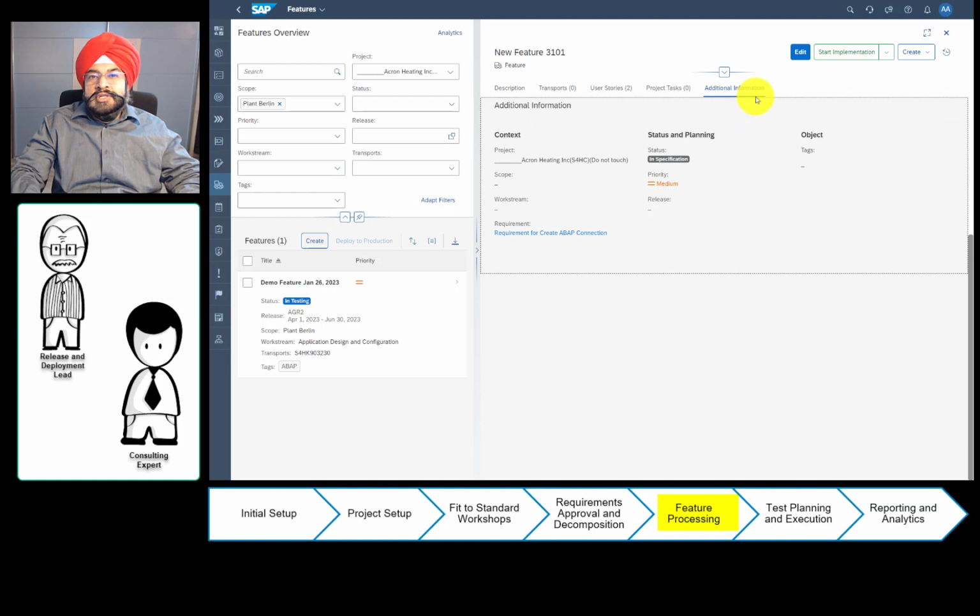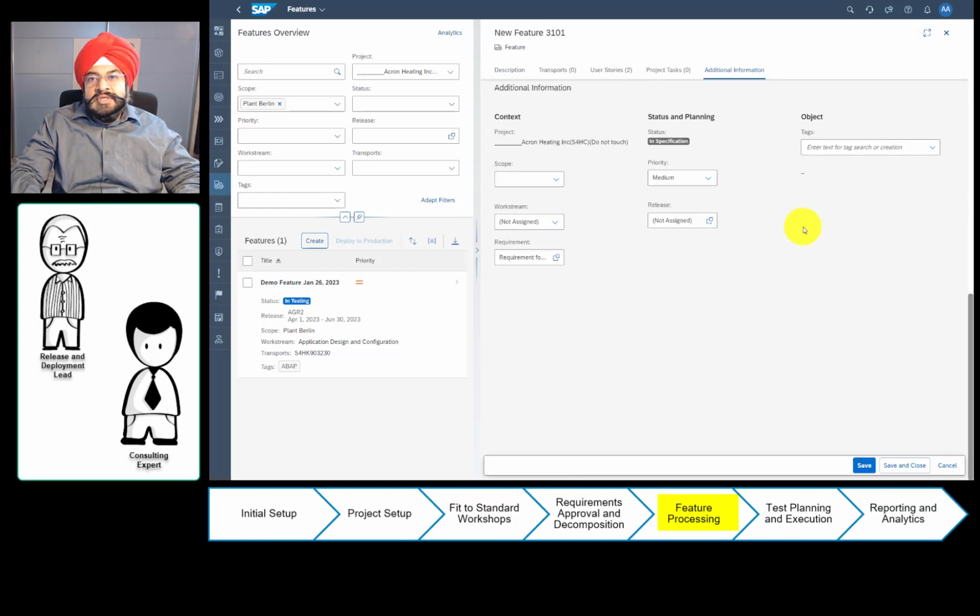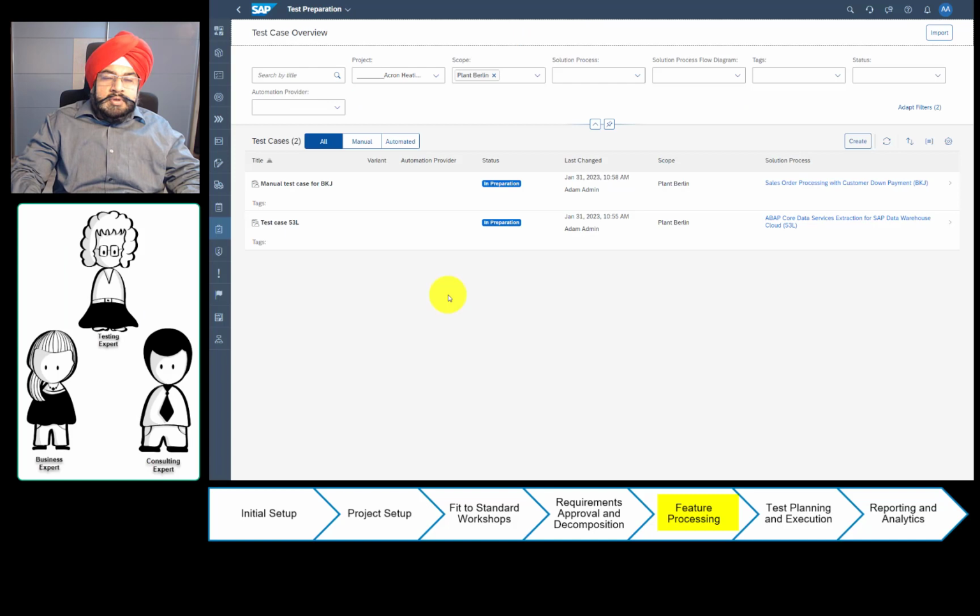So a feature also looks at the release information, and that's why it comes in the radar of the release manager. So let's do that and assign a release to the feature. And you can always assign the scope. So let's save it. Now let's come back to the testing, because before the deployment happens, it's really important that